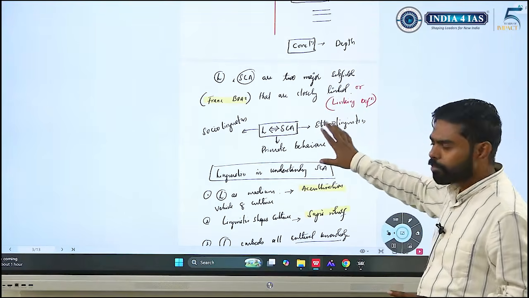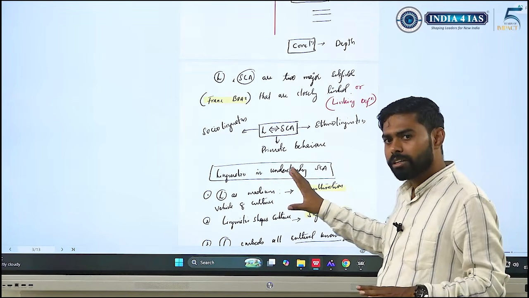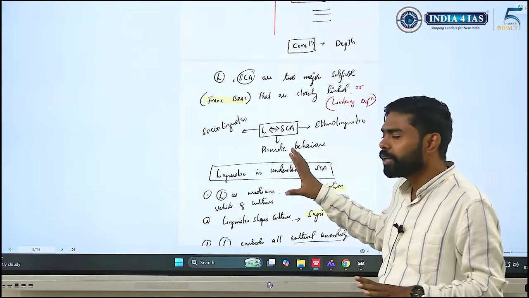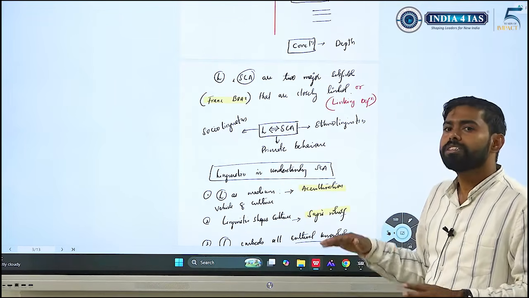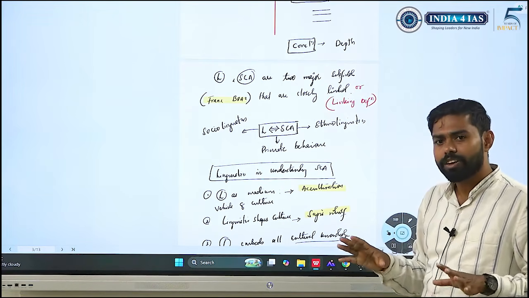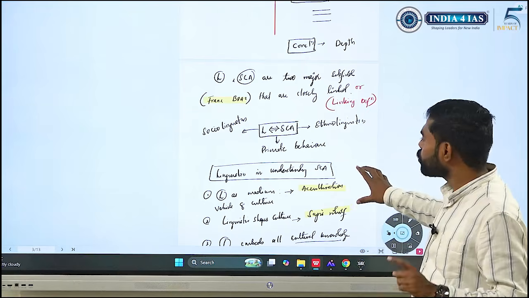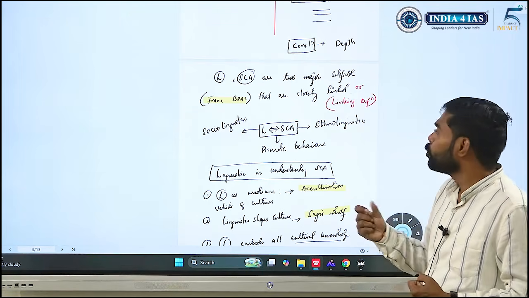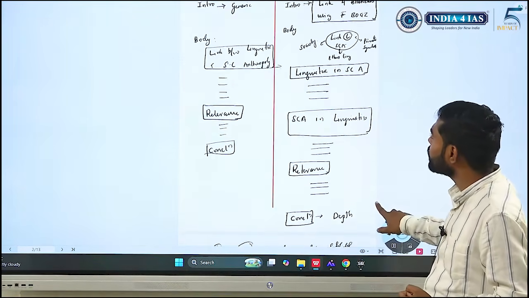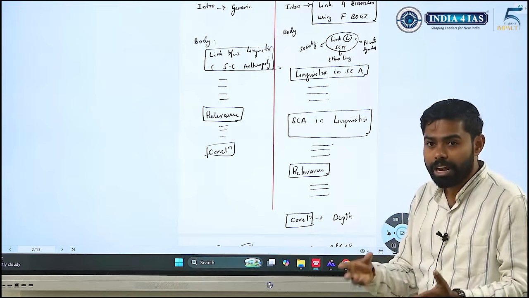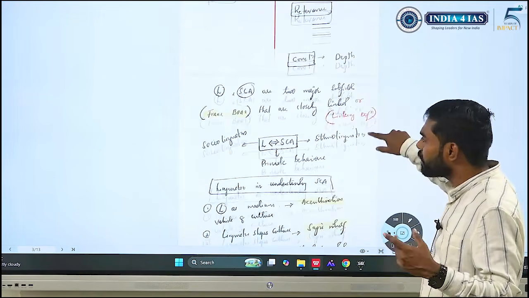So I have written the answer for the same question as a demonstration. I won't be writing answers for all the questions from here on. This is only since it is the first question that I am discussing. I also preferred to write it so that you understand how I have actually translated this framework into an actual answer. So for that purpose, I have written the answer itself.